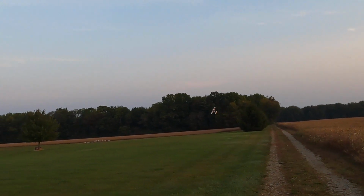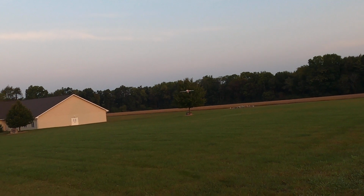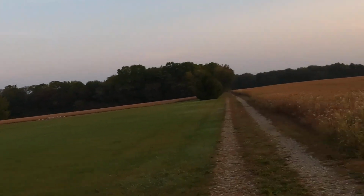Anyway, time has expired, so I should probably land it. Although it's been coming down with 3.8 volts, so even a little tiny amount over per cell. So anyway,